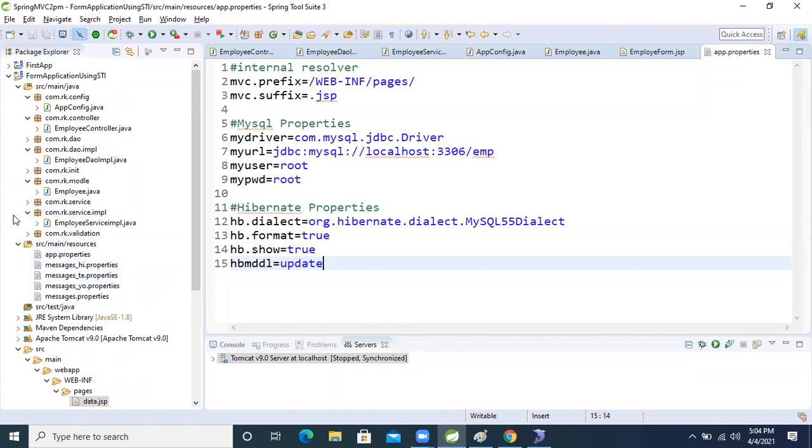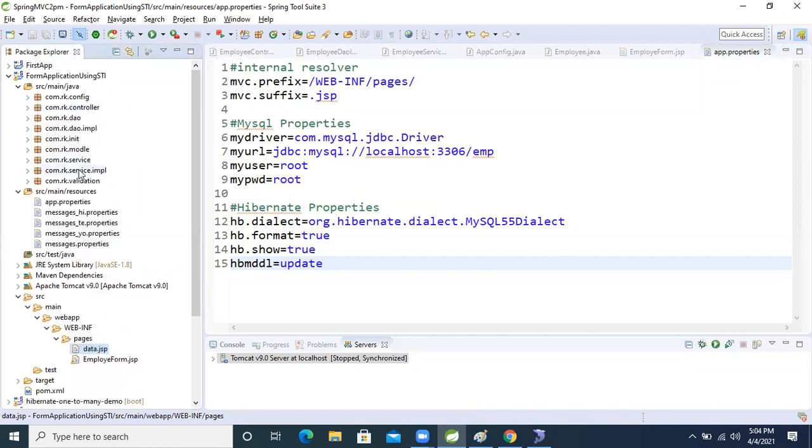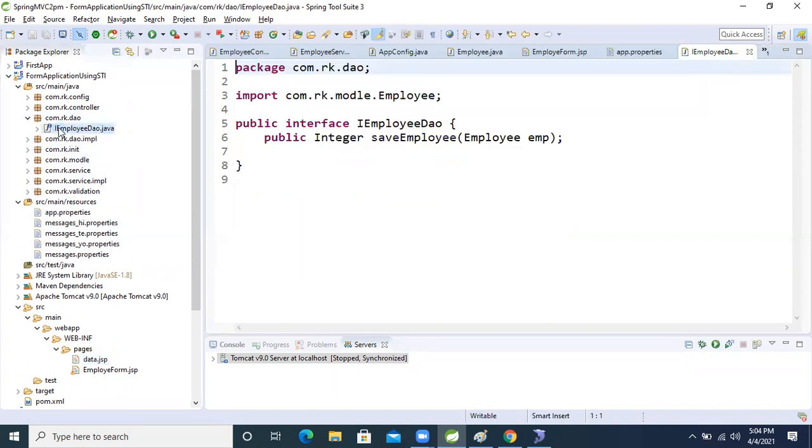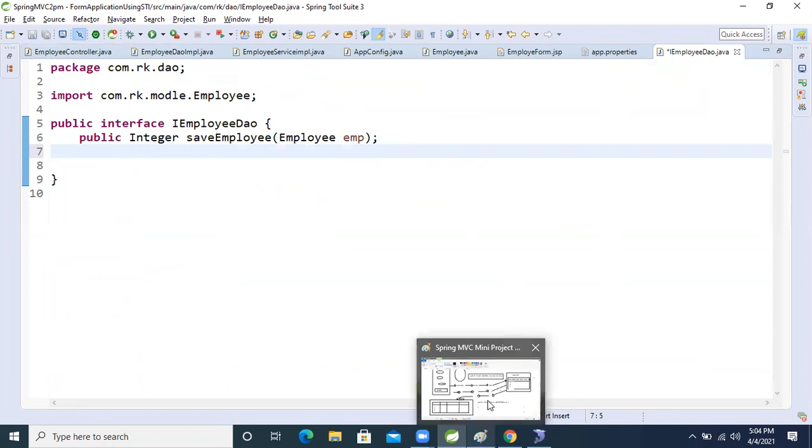The DAO layer, right? We will go to the DAO interface. What did we decide to write now?